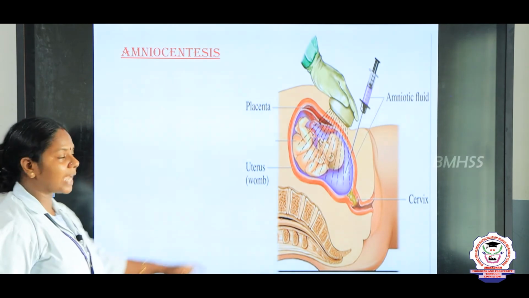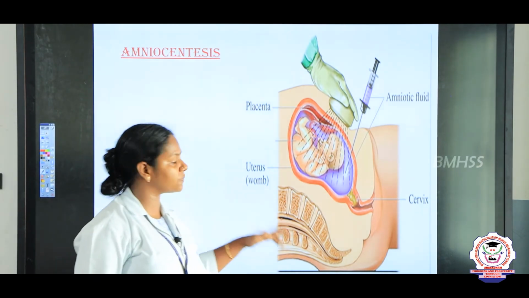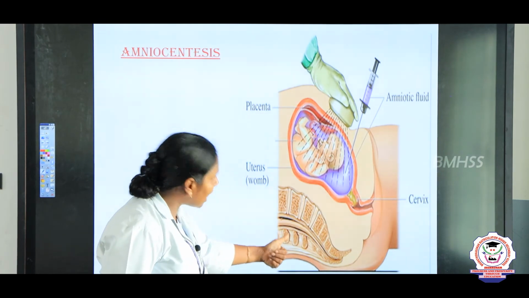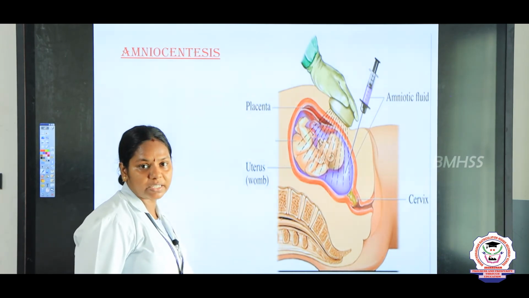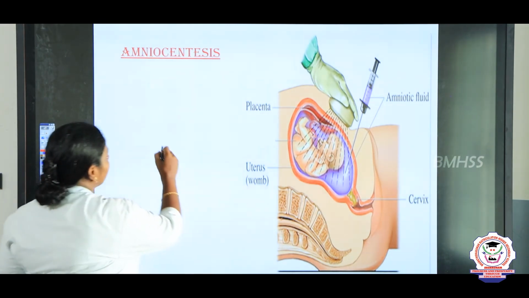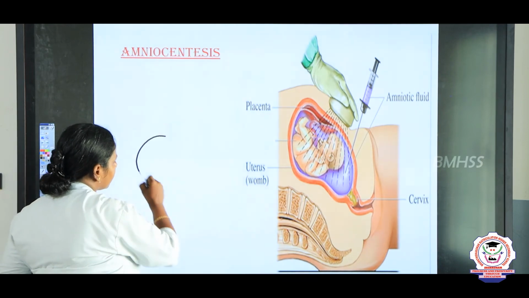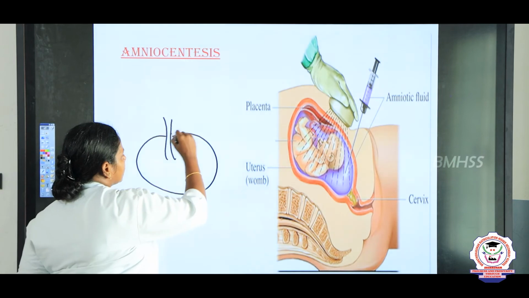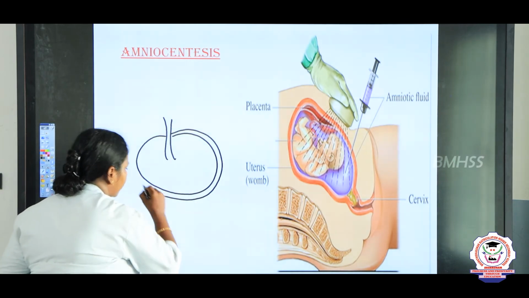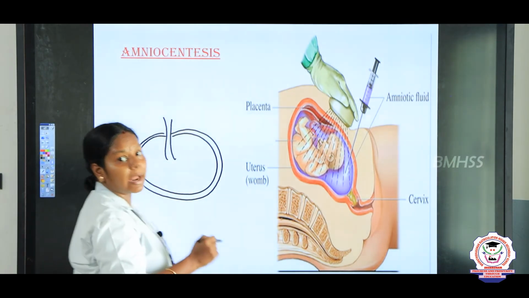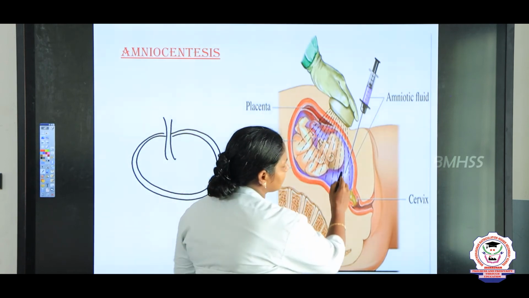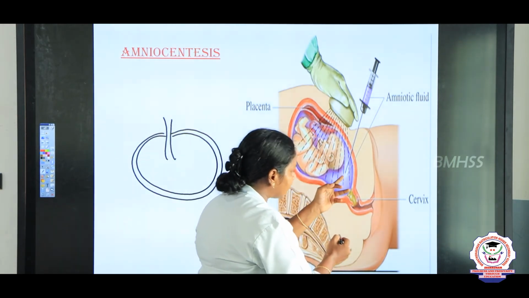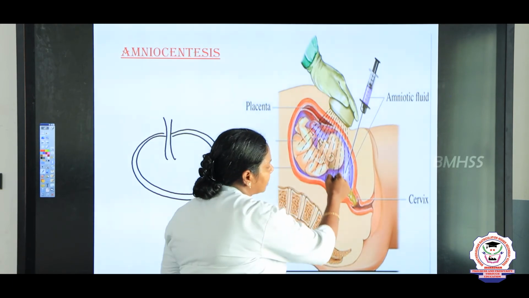Next technique is amniocentesis. Yes, about this we have discussed at the start of the lesson. But now, what is amniocentesis, right? So, we know that the fetus is surrounded by a double-walled membrane called the amnion. So this is the amniotic fluid, and this amniotic fluid contains the cells that shed from the fetus.